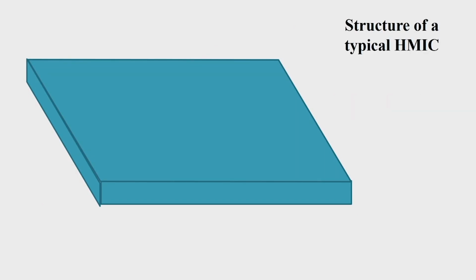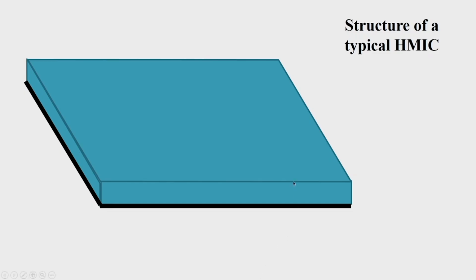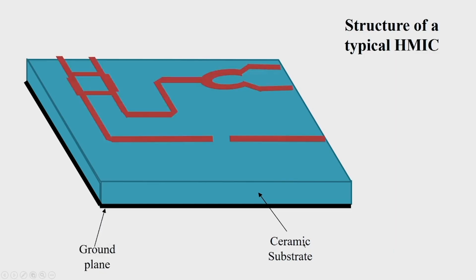So, here the structure of a typical hybrid MIC is shown. So, we have a substrate, ground plane, and then on this the transmission line and transmission line based components. For example, here we show a branch line coupler, the schematic of a power divider. These are fabricated,